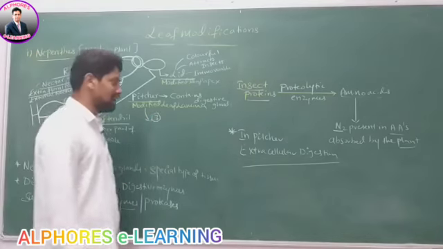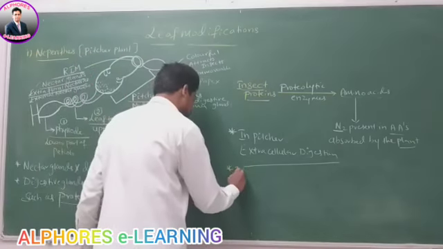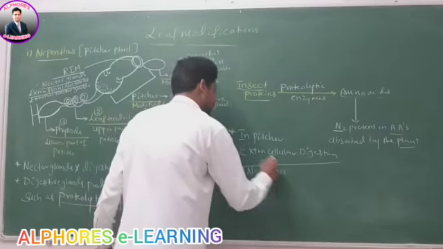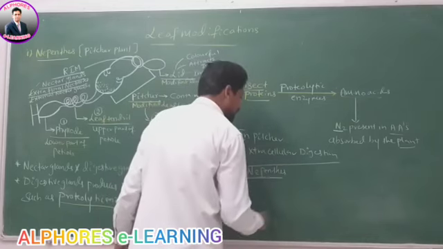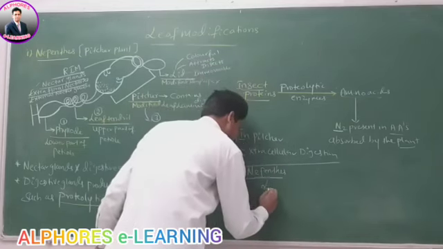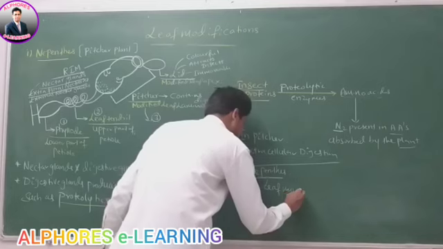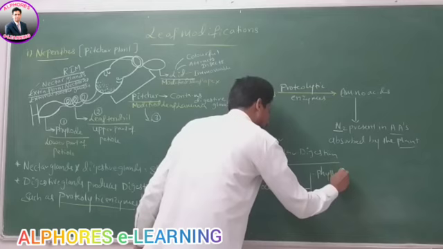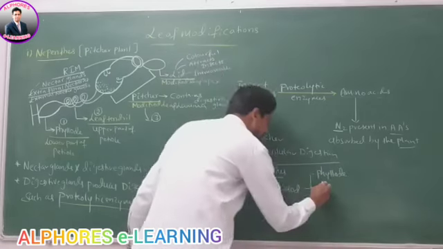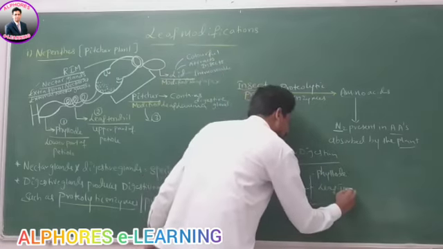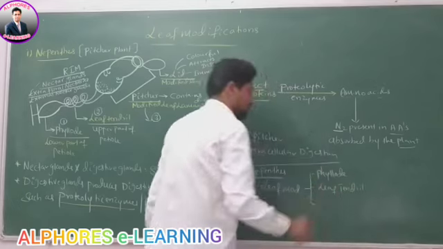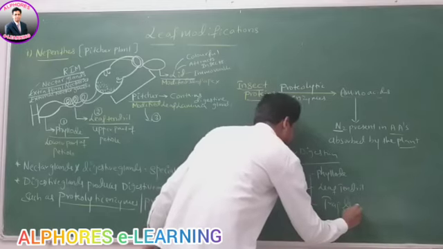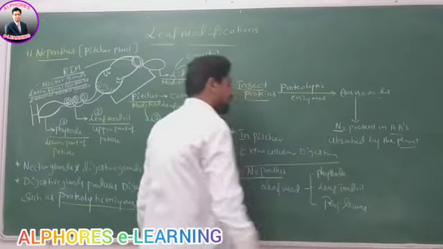Therefore, in case of which plant? Nepenthes. In Nepenthes, what are the leaf modifications? The leaf modifications that are seen are, first, phyllodes; second, leaf tendril; and the third one is trap leaves.